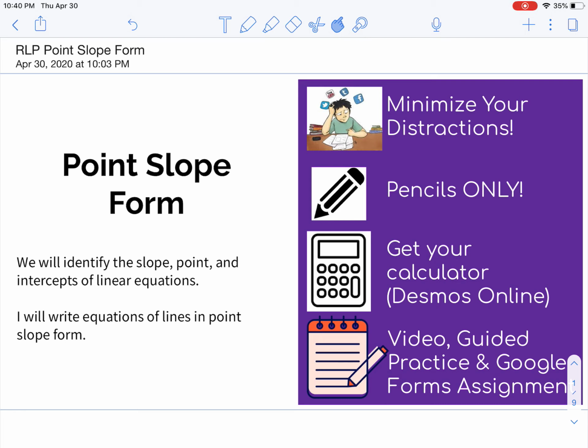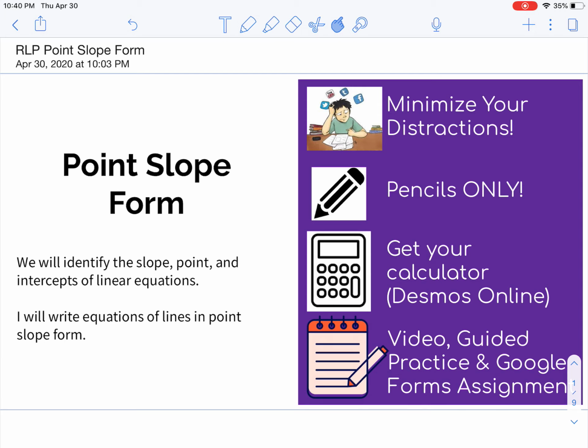We're going to use pencils. Get out your calculator. If you don't have a calculator, there's a Desmos calculator online, and if you Google Desmos graphing calculator online, it'll come up for you. What you need for today's lesson is a video, the guided practice, and the Google Forms assignment. Alright,